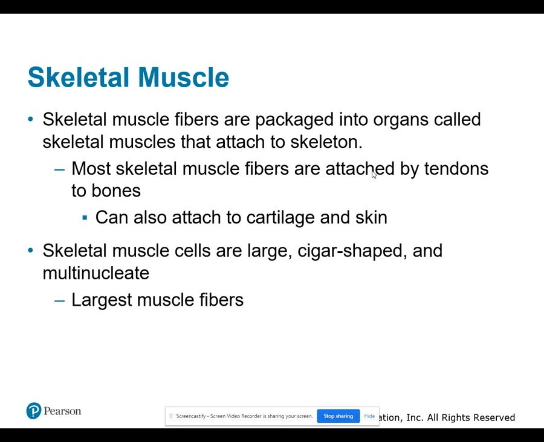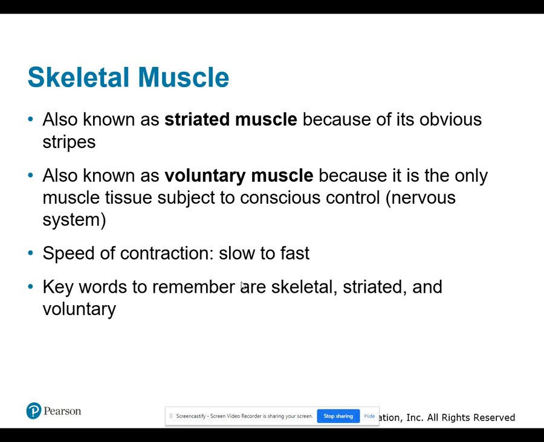Now, skeletal muscles, if I were to give a description of them, they're pretty large. They're said to be cigar-shaped, and they're multinucleate. So hopefully you remember multinucleate means more than one nucleus. So they have multiple nuclei per cell. In fact, skeletal muscles, if we're talking about their shape, they are the largest muscle fibers. A couple other things that we could use to describe skeletal muscles is they're also called striated muscle because they have stripes. And they're also known as voluntary muscle because they're subject to our conscious control, where we can voluntarily